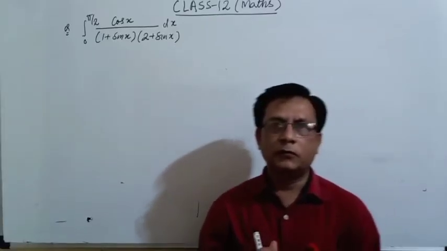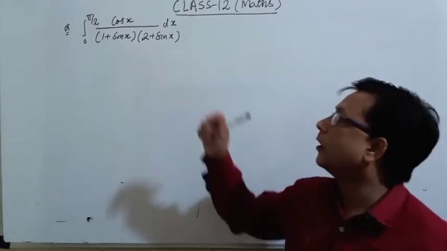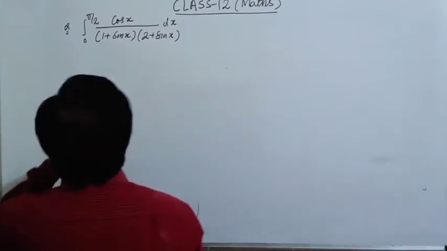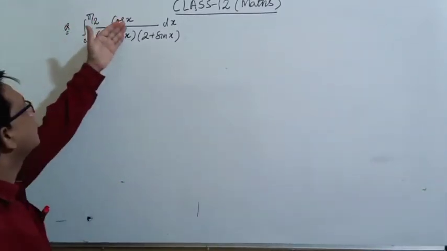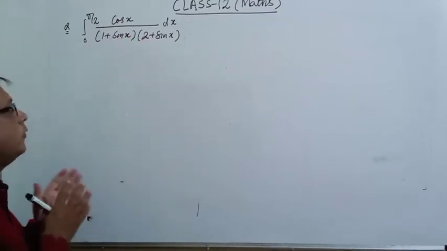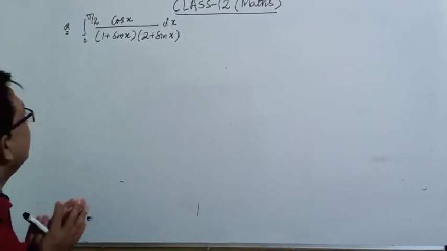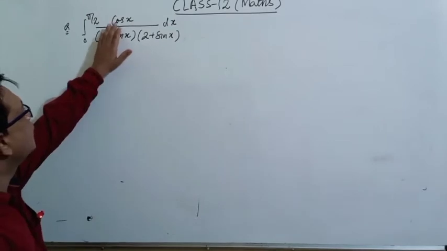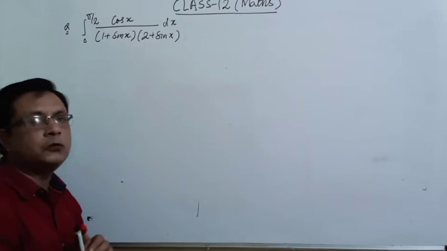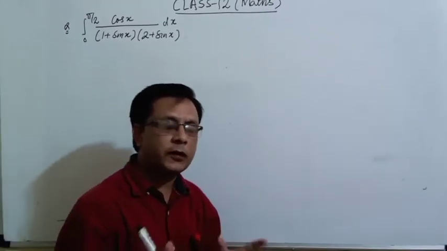We are doing definite integration, and here we write a question, a very good question of definite integration. We are going to find the value of the limit 0 to pi by 2 of cos x upon (1 plus sin x) and (2 plus sin x). So how will we solve this type of problem? If we see clearly, here is the function sin x and here its derivative is written. Okay. So in a few questions we also use the substitution method for that type of question.